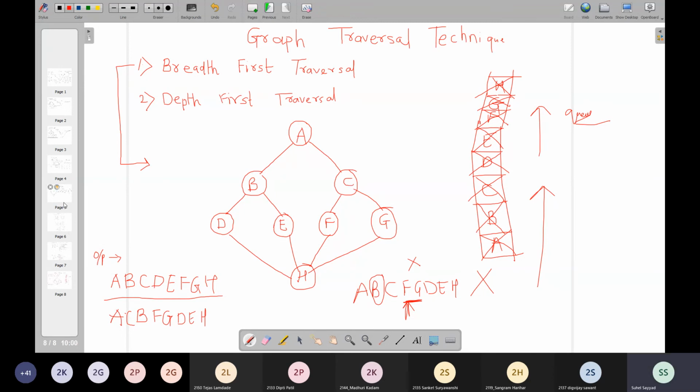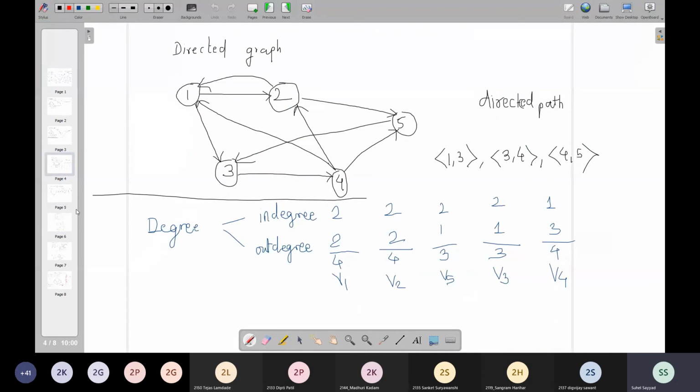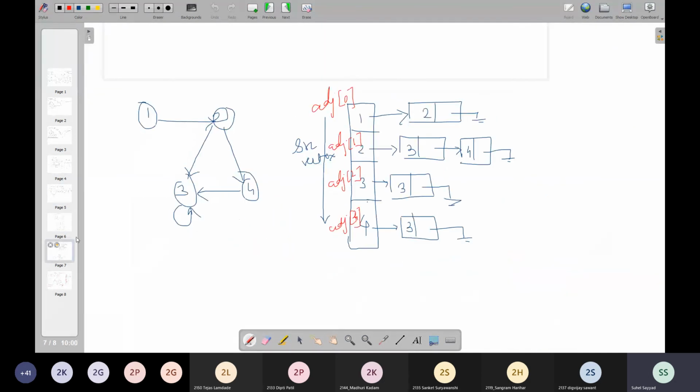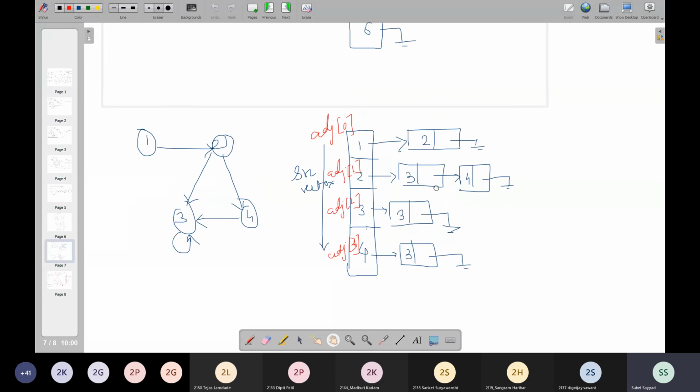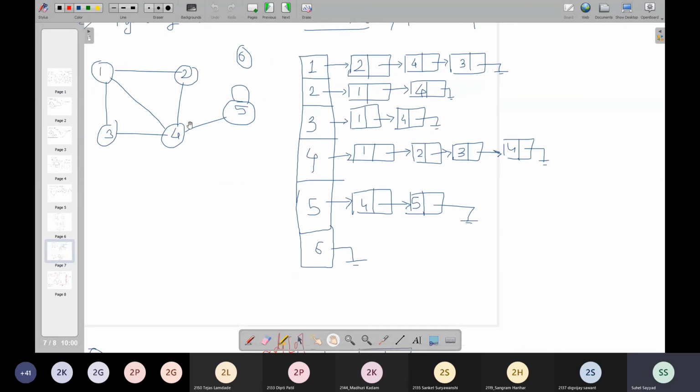But suppose, my dear students, that instead of a diagram, they have given you the list itself as an input. Suppose this is your diagram, and they have given you that your starting vertex is 1. Then while writing the traversal, my output will be how? 1, right?